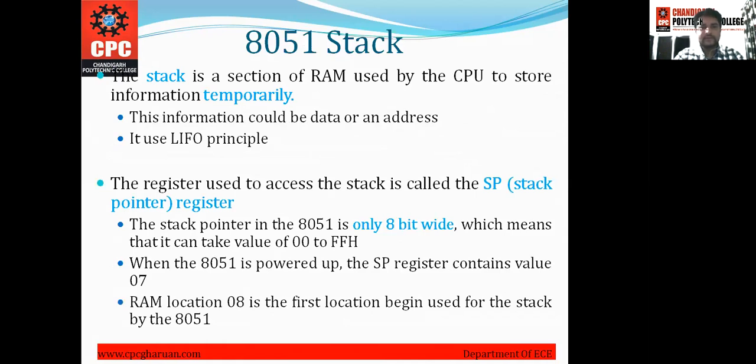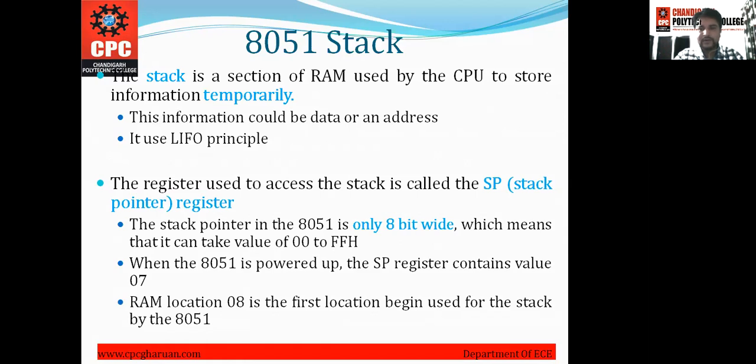Next is the 8051 stack. Actually, stack is the section of RAM used by the CPU to store information temporarily. This information could be data or an address, and it works on the principle of last in first out, that is the LIFO principle. The register used to access the stack is called the stack pointer.